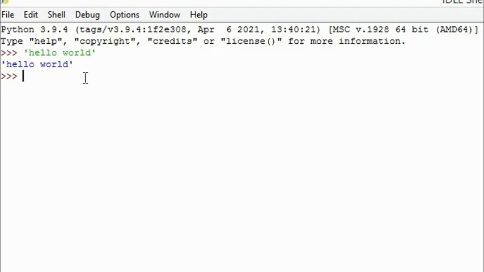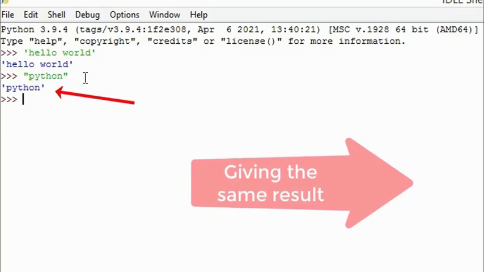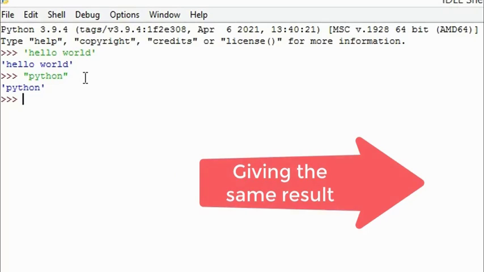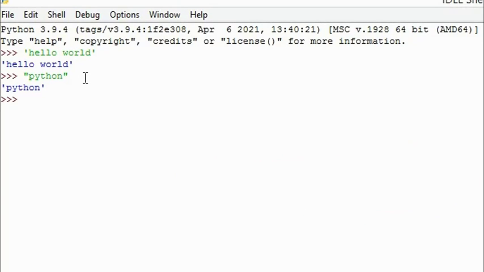So simple, right? Now another thing, you can give a double quote, and if you give Python, it is giving the same result. But have you noticed something irregular or something very special? Yeah, that quotation mark, the single quotation mark.